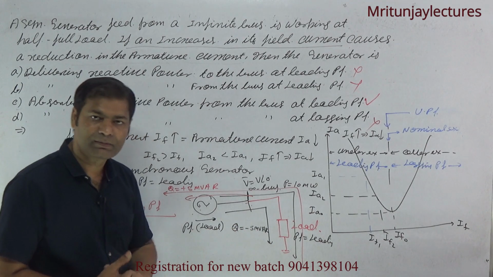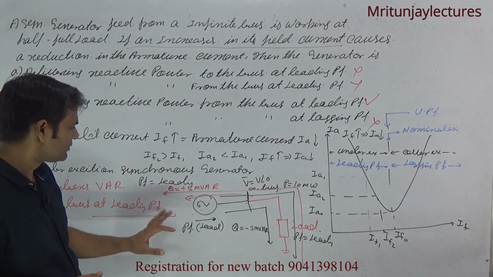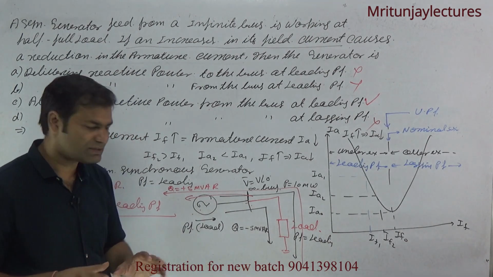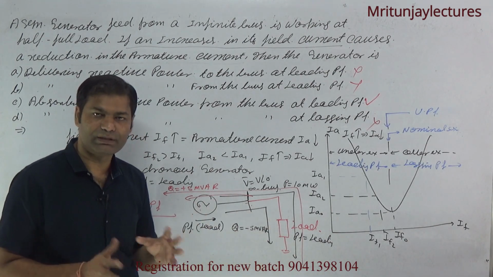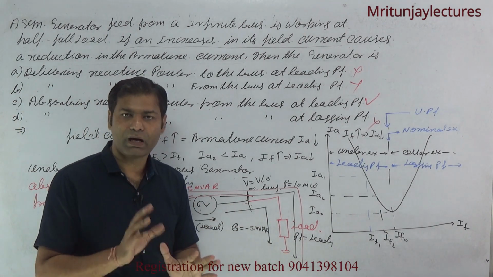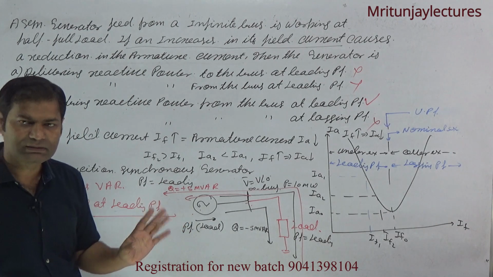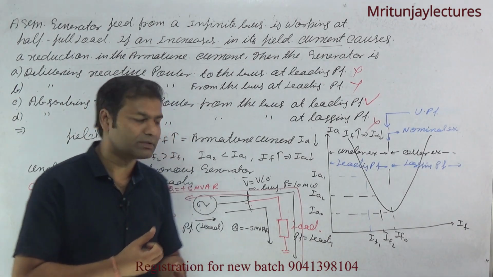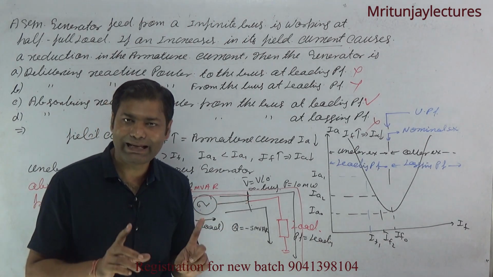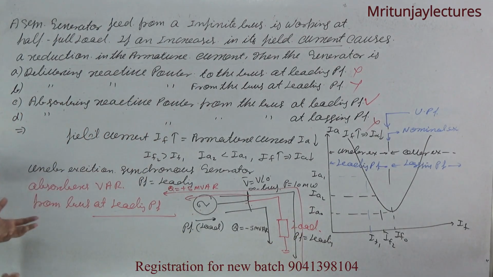Back to the topic, this one is a synchronous generator connected to the infinite bus. I have already discussed the power factor of a synchronous generator, which is the power factor of the load. So we connect a load here. What about Q? Q is negative, P is positive. Q negative means the direction of reactive power is from the load to the synchronous generator, or from the infinite bus to the synchronous generator at leading power factor. In other words, power is observed by the synchronous generator at leading power factor. That's why C is the correct option. Make it.